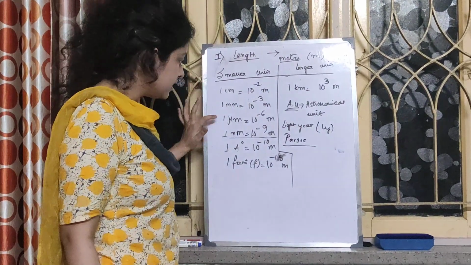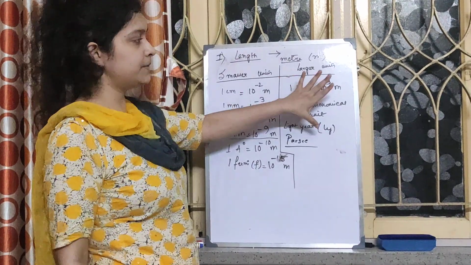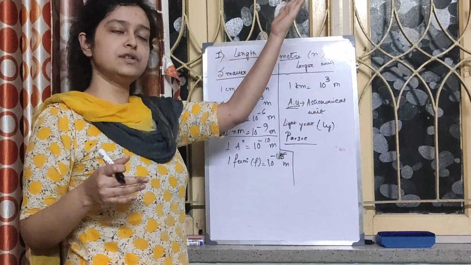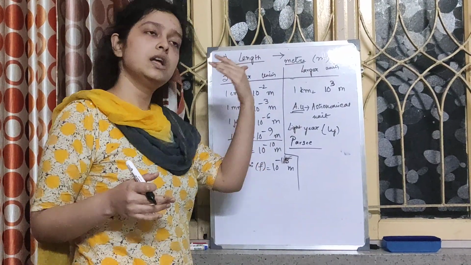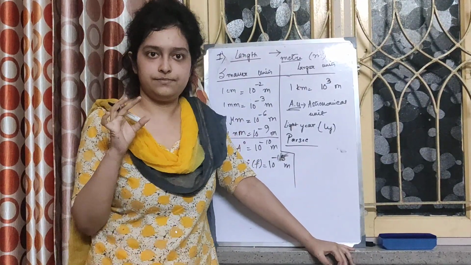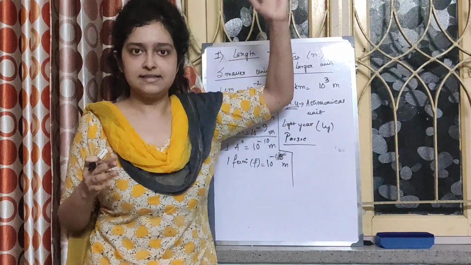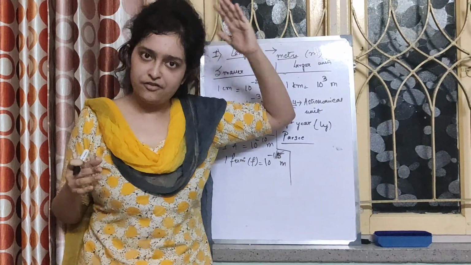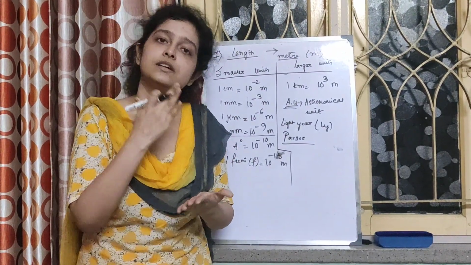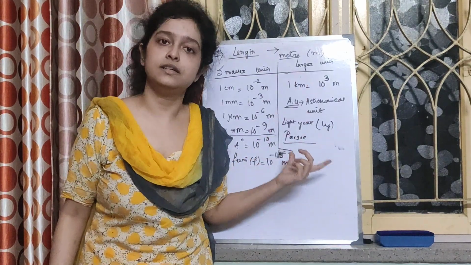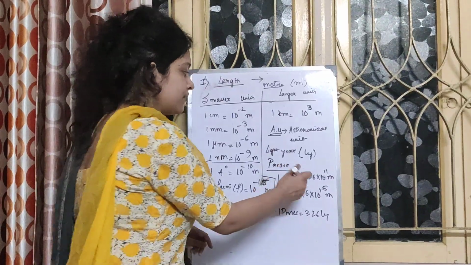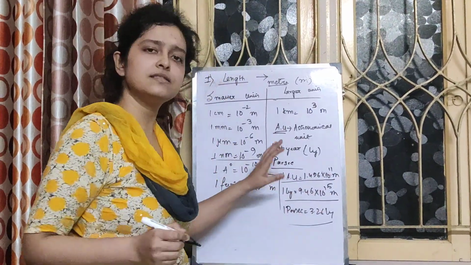Obviously, you can see that all the units, that means the sub-multiples and multiples of units, are interconvertible, because we can always express the larger units in the smaller units and the smaller units in the larger ones. That is the criteria of choosing a unit. When the scientists chose the units for us, they made sure that the units can be reproducible. We can convert them to our convenient terms. For example, as you can see, I have written these values for you. You can find this in your book also.